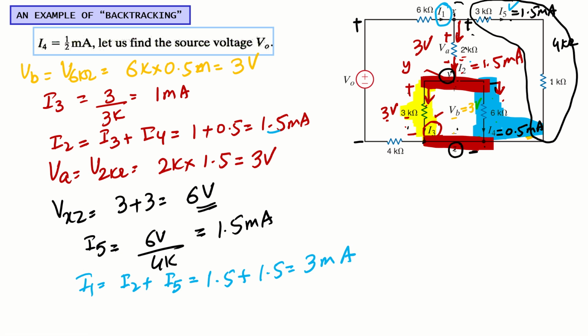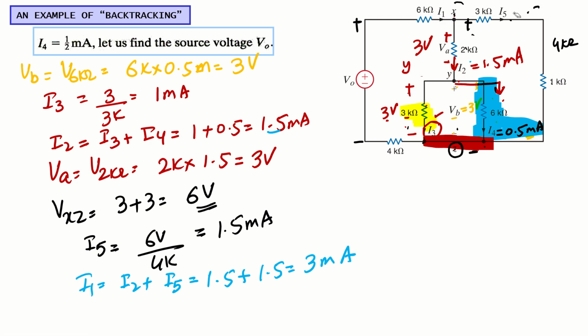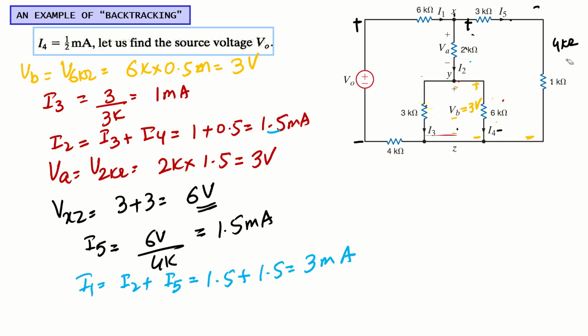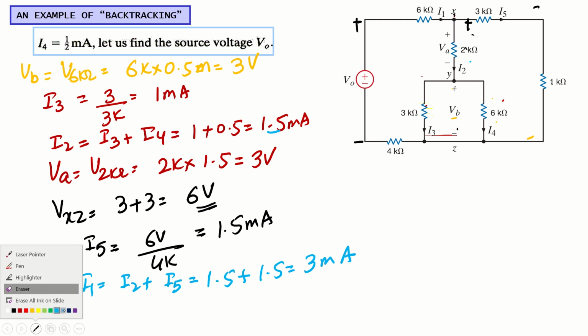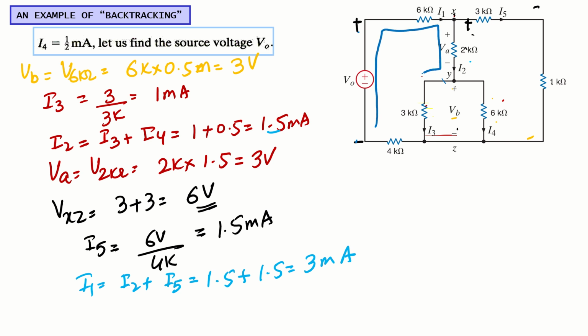Okay. So now let's come back to our main target. The main thing that we need to find out in the circuit: our target was to find the value of V naught. So V naught is basically the voltage drop across these 2 points, right? These 2 nodes. Now what we can do here is one way: we simplify this part of the circuit and apply simple KVL, or directly we can apply the KVL within this loop.